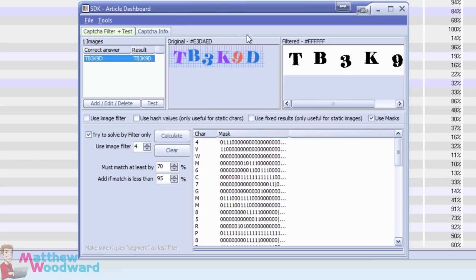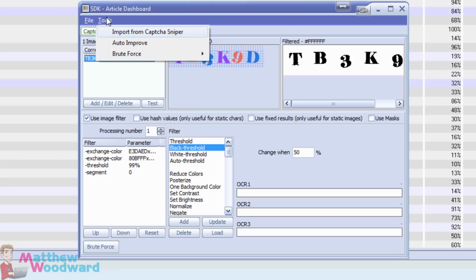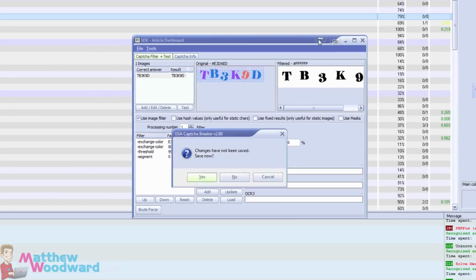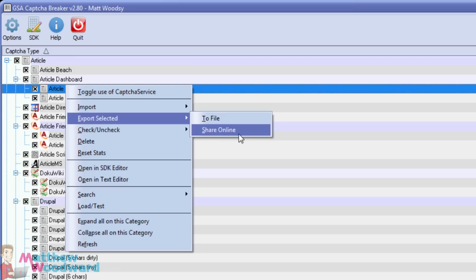Now, you can improve the accuracy by using image filters and changing the black threshold and so on to really improve things and the solve rate. And that's going to be far too technical for most people and is really overkill for the average user. Certainly I don't customize any of the SDKs or any of the things here. But what you can do that's really cool is you can take a capture and export it and share it with other people online. But what this also means is that we can import other people's improvements that they have shared online as well.